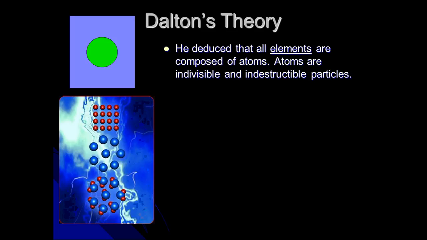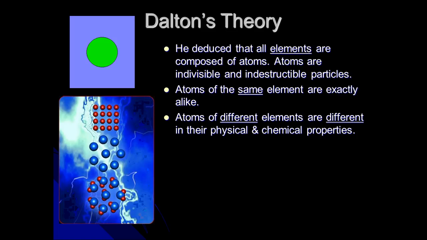And we learned about Lavoisier. He proved that there were 33 elements, and he had characterized them at this point. So he deduced that atoms are indivisible and indestructible particles. Okay, you can't go anything smaller than an atom, is what Dalton deduced. He also deduced that atoms of the same element are exactly alike. So all hydrogen atoms are the same as each other, and all helium atoms are the same. Okay, there were no differences